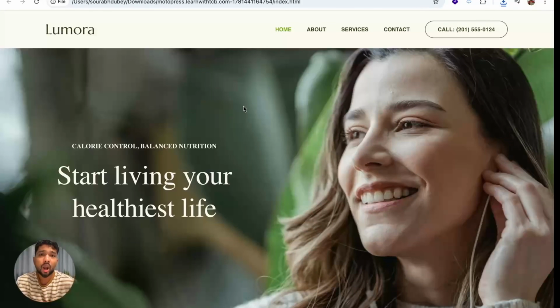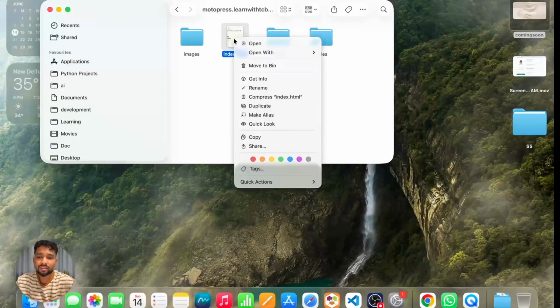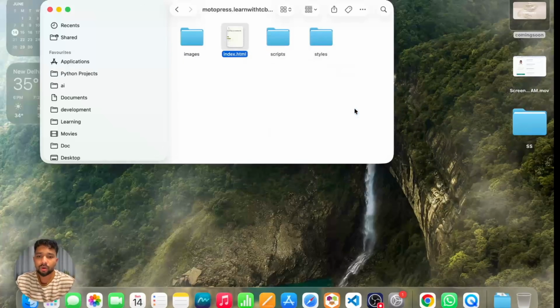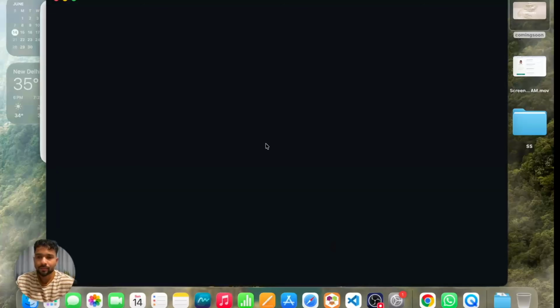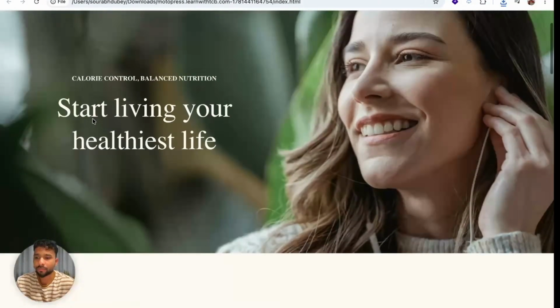Now let me show you how we can edit this. Okay. So go here and open that index.html in any code editor. Suppose like Visual Studio, or you can use Notepad also. So I'm going to go with VS Code. Open this. And here, suppose if you want to change something, okay, suppose "start living your life", okay, let's go